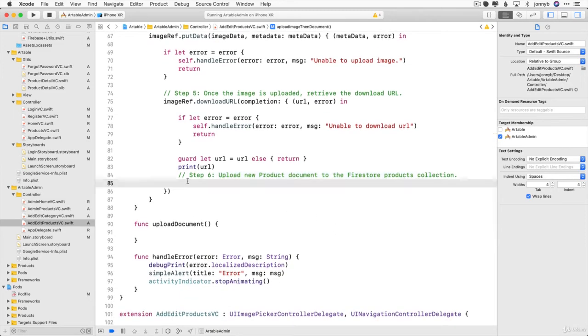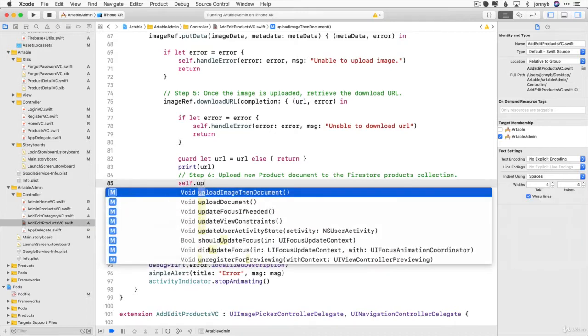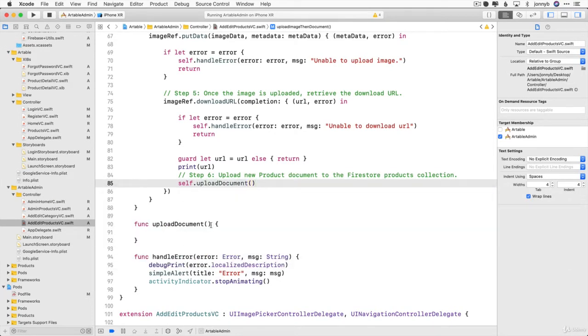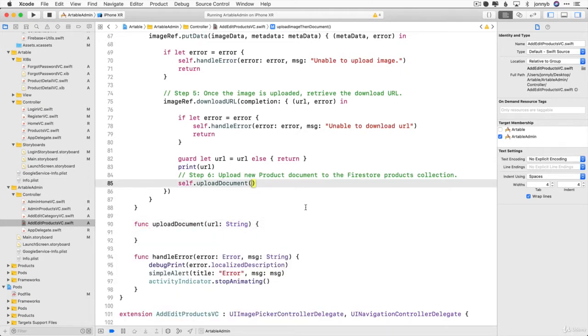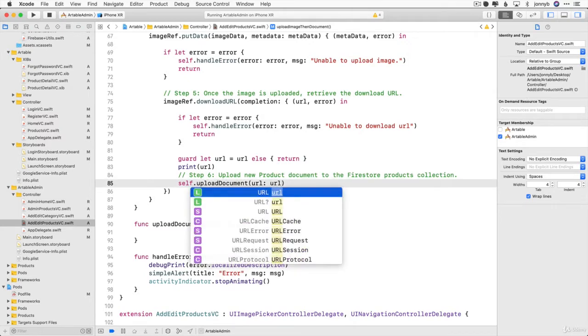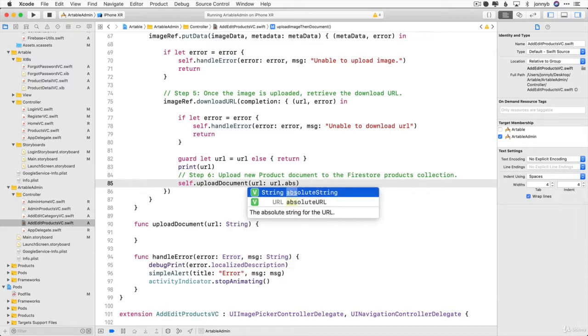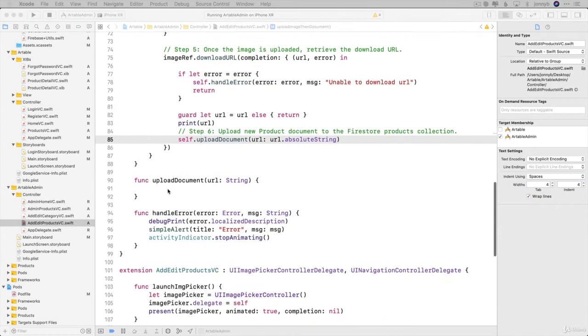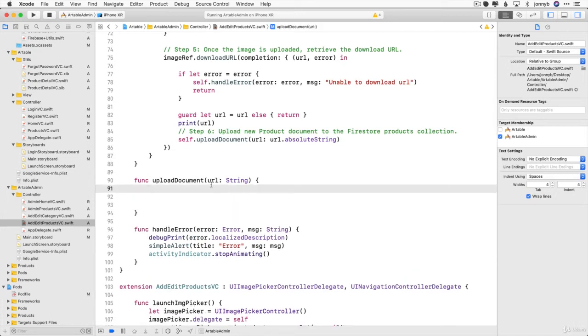So right here, we are going to say self.uploadDocument, but we're going to pass into it the URL, and we just want the string. So we are going to say url.absoluteString. So now we're here in our upload document function, and we need to create ourselves a document reference